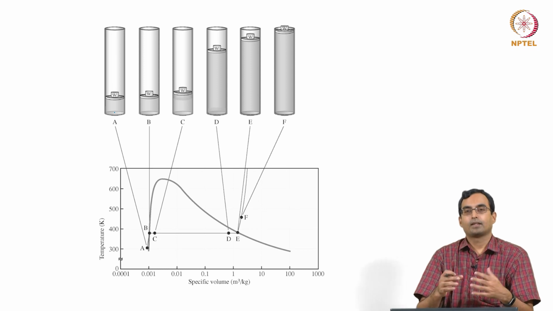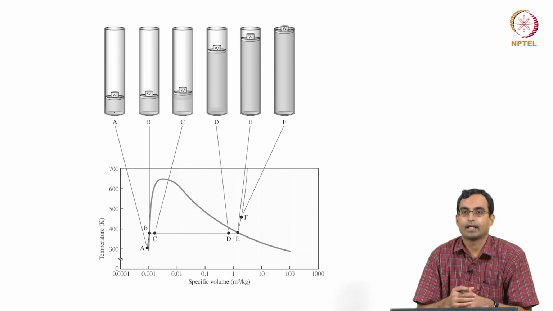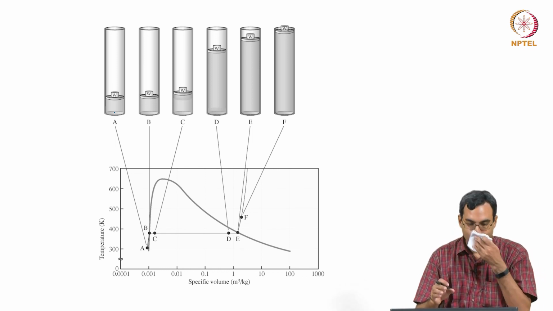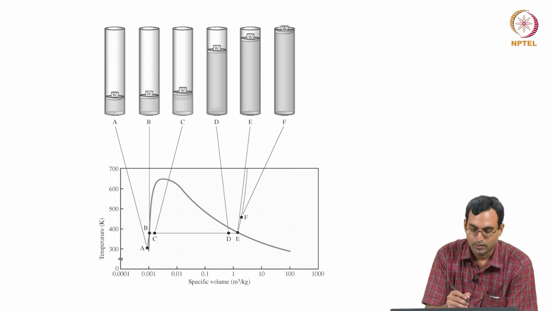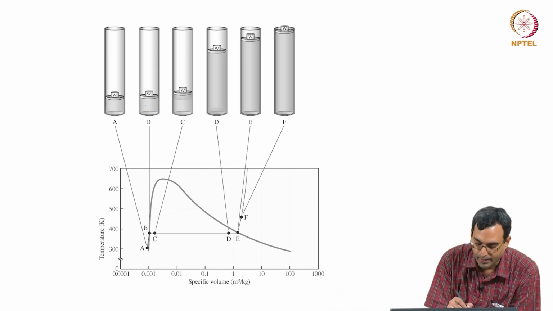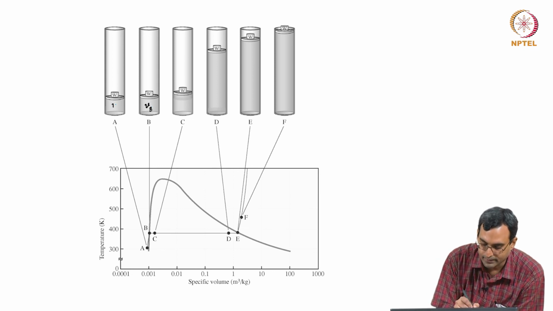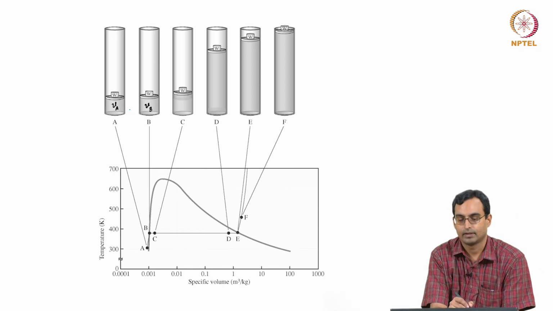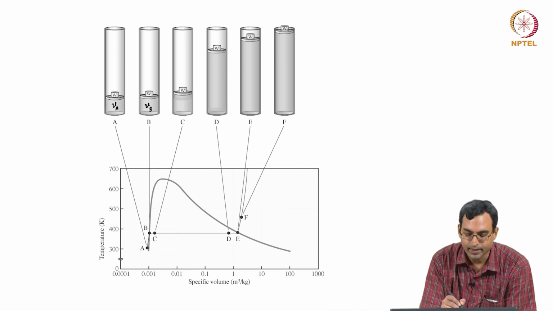What we expect is that the volume of the water will increase slightly because most substances when heated slightly expand. It is still water, it is still in liquid form, but we expect the specific volume to increase slightly. So, the volume at B is slightly more than the volume at A. The temperature at B is higher than the temperature at A, and they are both liquid water. If we continue to heat it more,